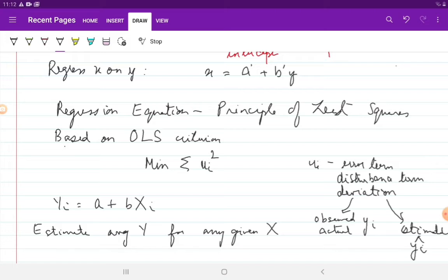So, which is why regression is called the relationship between averages, or the average relationship between the dependent and the independent variables. So, once you have estimated a regression function, given any value of x, you will be able to estimate an average value of y. That is, on an average, your y value will tend to be